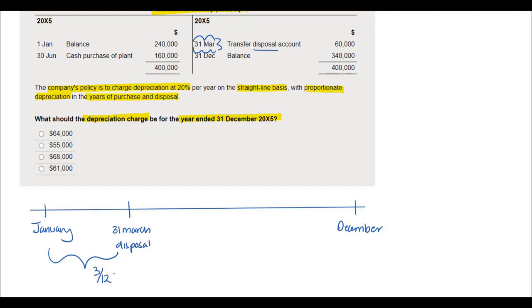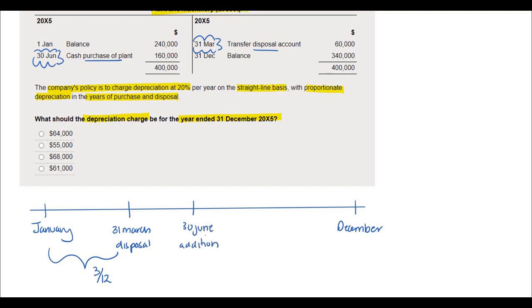Thereafter, they've sold it on, so no depreciation is relevant for the later 9 months of the year. We can also see that on the 30th of June, they made a purchase of an asset, and that would be an addition to the business. So if I mark up 30th of June on my timeline and label it up as an addition,